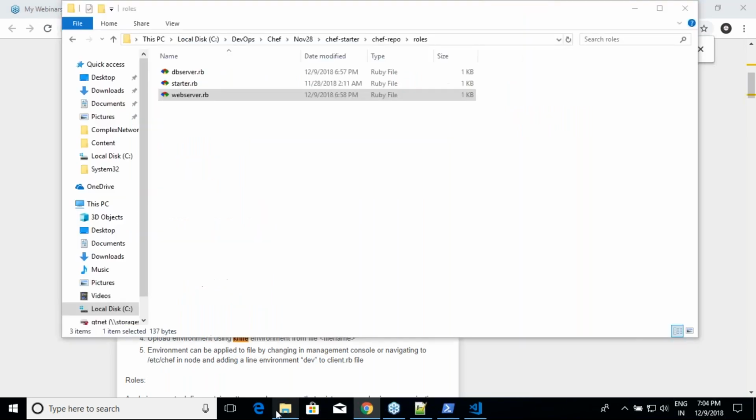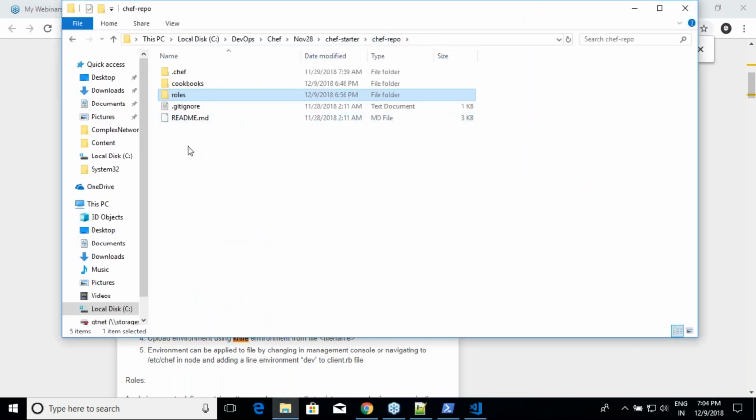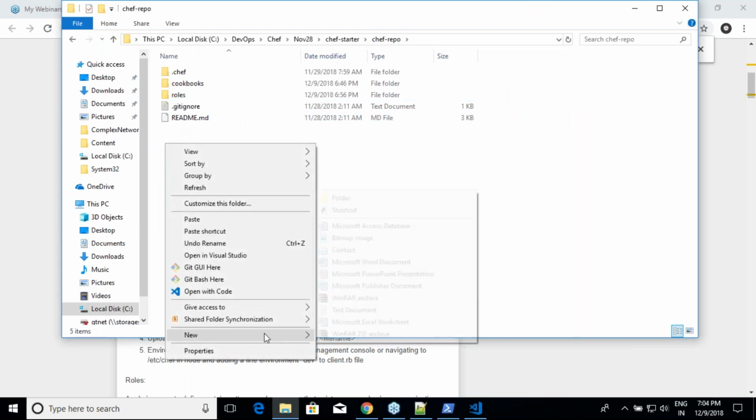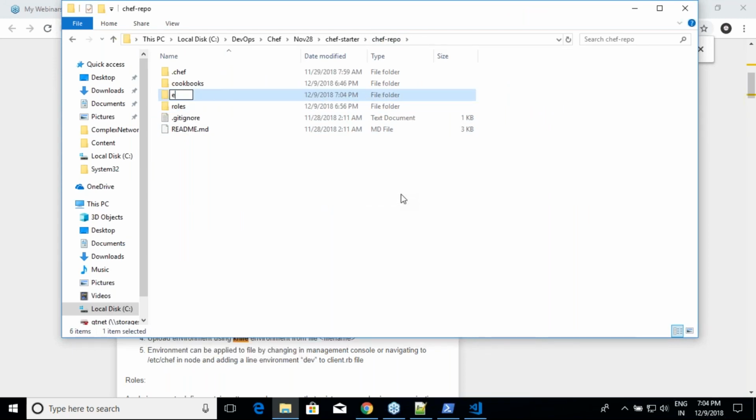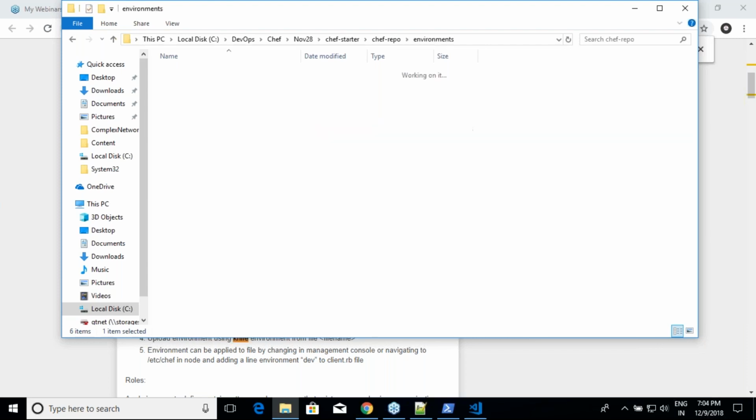In a chef repo, for roles we had a folder called roles. For environments, we'll have a folder called environments. It will not be there, and we have to create it. Simple. And over here also you can write JSON files or RB files, anything that makes sense to you.